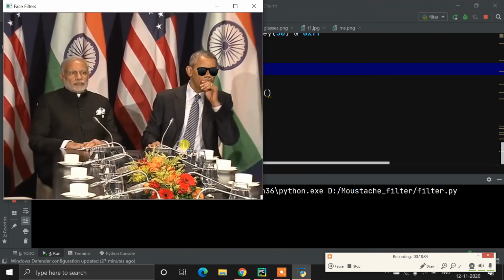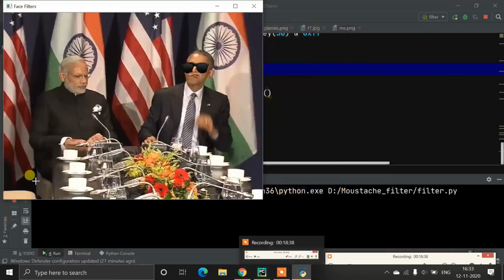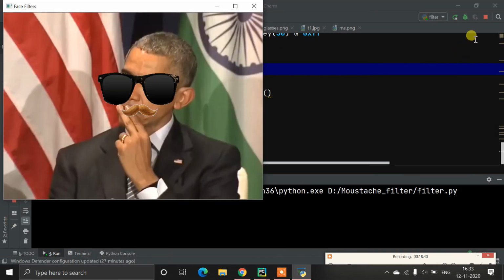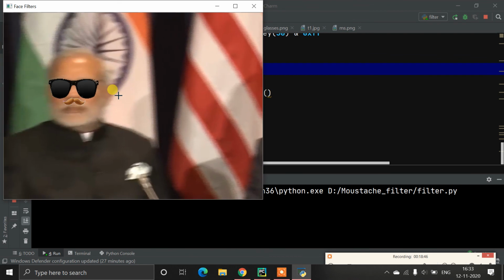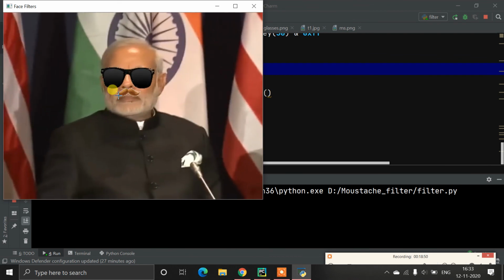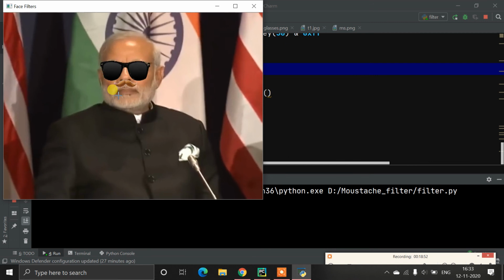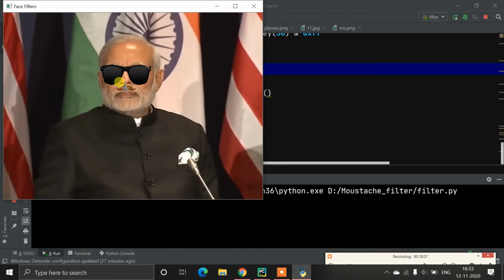So I hope you are getting this. Okay, now on this man, because Obama is looking right but the face is detected on the rectangle, and we are putting it on the rectangle, that's why it looks weird. But you can see if your face is straight, then it will be put perfectly.